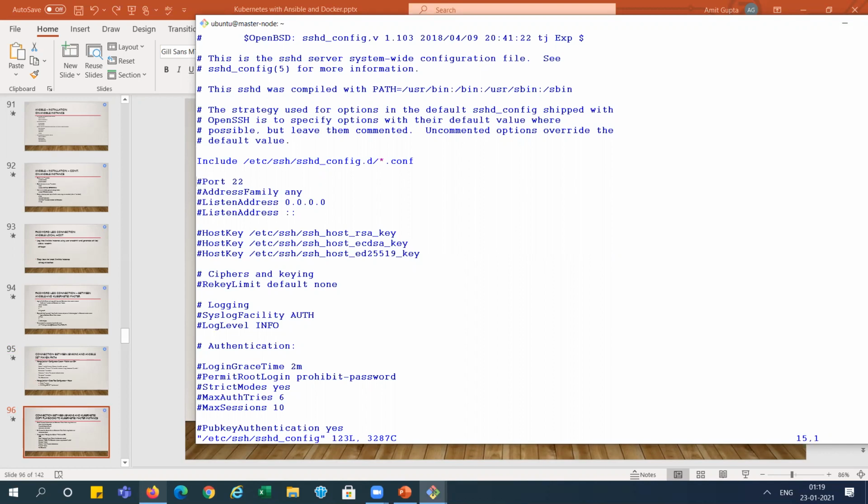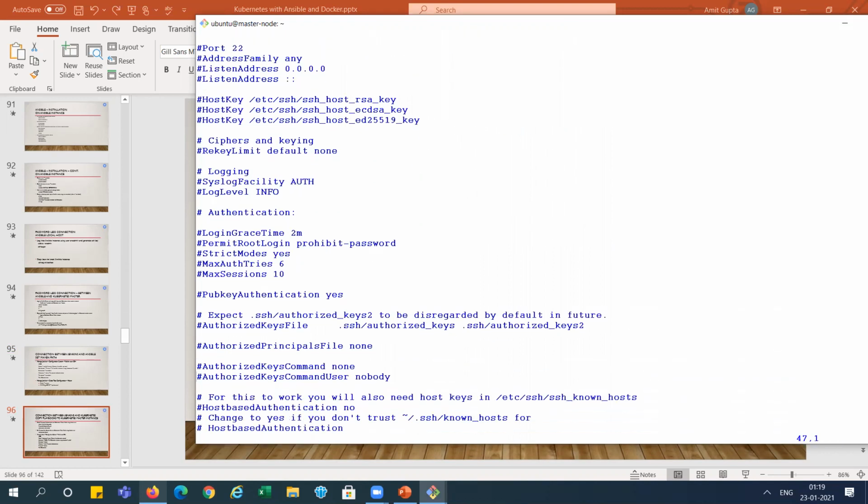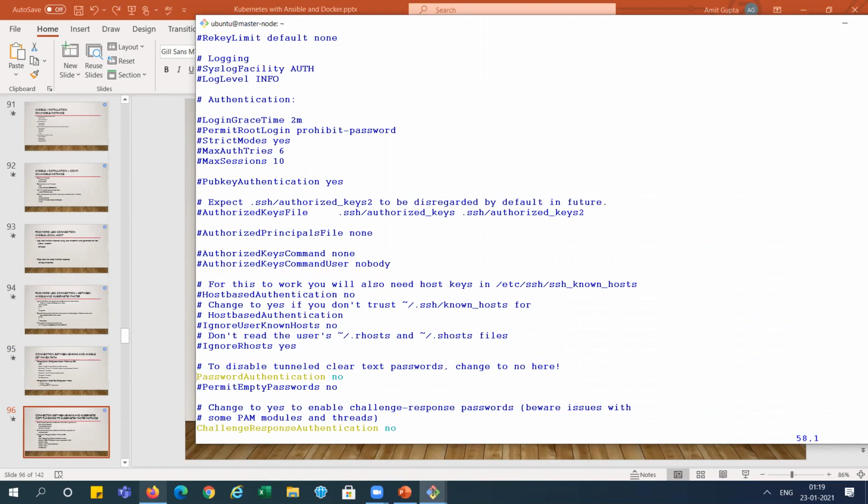See here, password authentication is no. So we need to change it to yes, right?